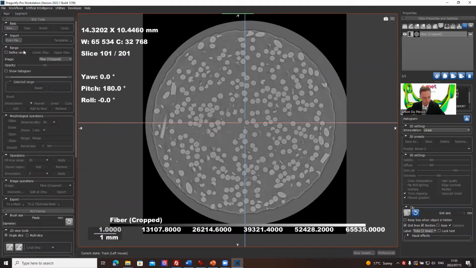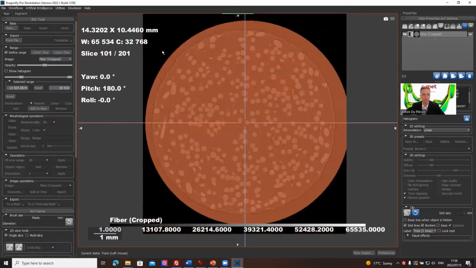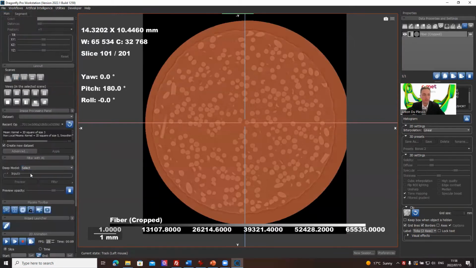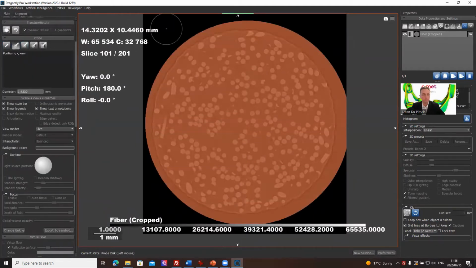So the first tool I want to show, as you know, is the define range tool already. In this case, it's showing an upper Otsu on the material with the air around it, and then there are some pixels outside. Just to show you that and refresh your memory, if we go to the main tab, there is a probe tool. So we can use the probe tool to look at that. For example, if I click there, I see that the outside pixels have a value of 1, and these pixels here have a value also. Oh, these pixels have a value of 25,000, and the